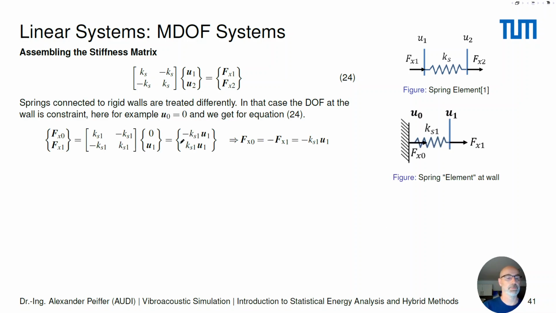We sometimes have a special situation. If a spring is connected to a boundary and cannot move freely, we give this boundary the nodal number 0, so that only the other part can move. Then we have again the situation as for the harmonic oscillator. We have these forces, then we have our stiffness matrix, but u0 is definitely 0 because the wall is fixed. If we solve it, we get